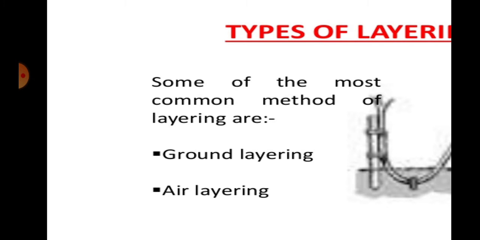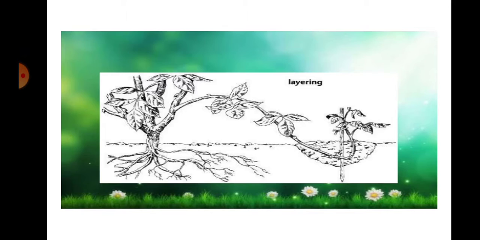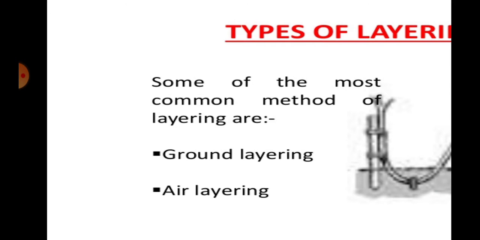Okay, here you see the picture of layering. So what is layering? In this video, we studied how the layering process occurs. In layering, a young branch is bent to touch the ground. It is covered with moist soil, forming a layer. When roots develop from the covered part, the branch is cut from the parent plant. It grows into a new plant. Examples: jasmine, mint, and vine.